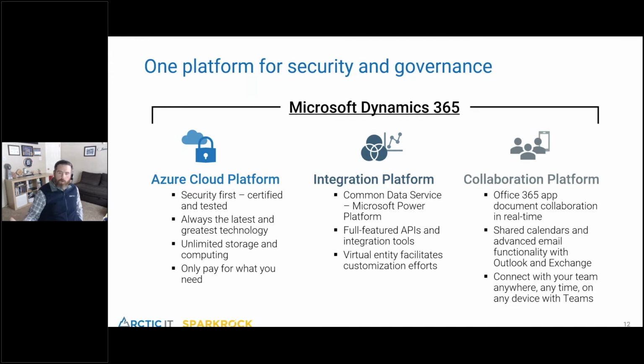So often with your legacy type applications where you're needing to roll out servers, you have to go out and have major capital expenditures for new servers, and you're only utilizing a quarter of that because you know at some point you might need it, but then you never do need all of that. Then you have to replace that and upgrade it again in just a few years. So you're paying typically for a lot more than what you actually need with an on-premise infrastructure. Where you're looking at a cloud platform like Azure, you're only paying for the users that you need. So you're always making the best and most efficient use of your finances.